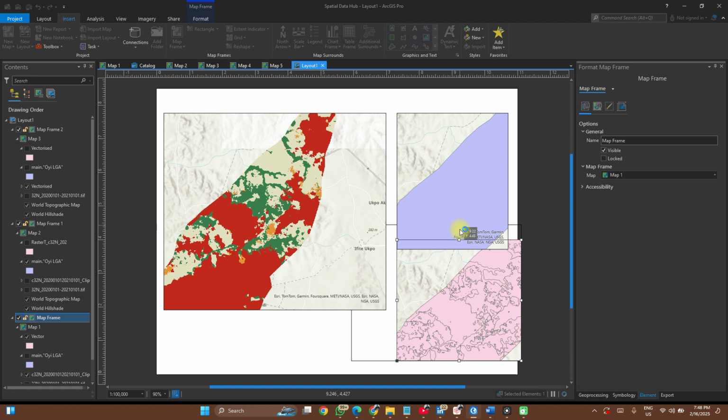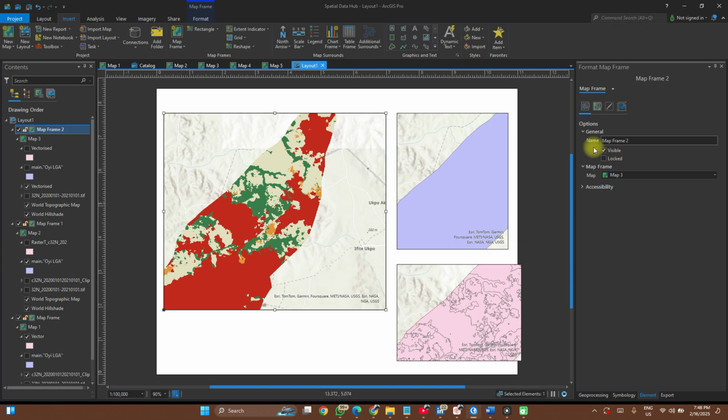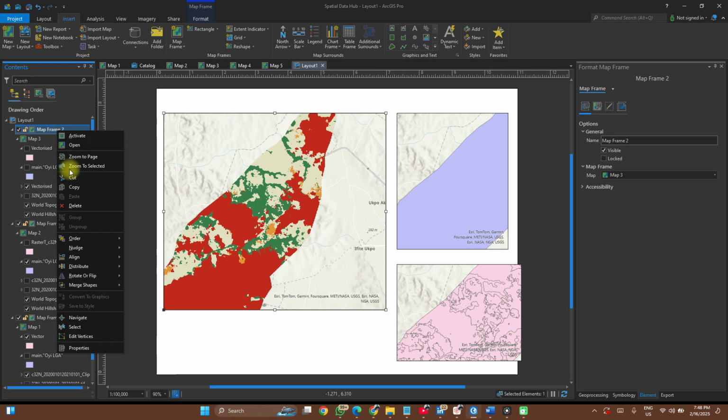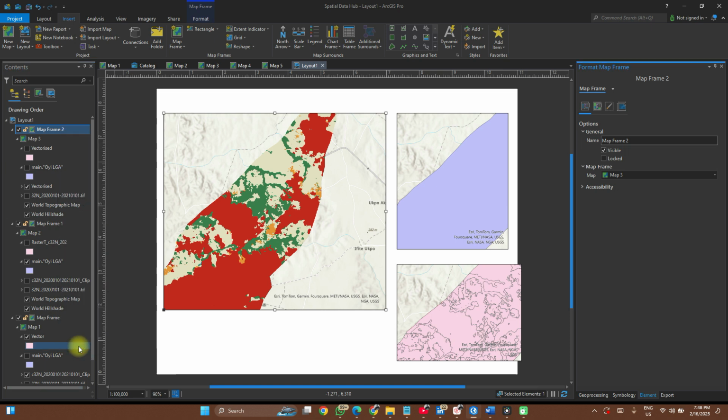Now we'll use measurements to style these properly so that it looks appealing to the eyes. Click on the map frame and right click, go to Properties. If you've already clicked this before, you will see at the bottom Properties, Symbology, Elements, and all of that. Click on Elements. Now let's style this properly. On the Format Map Frame pane, you click on Placement,